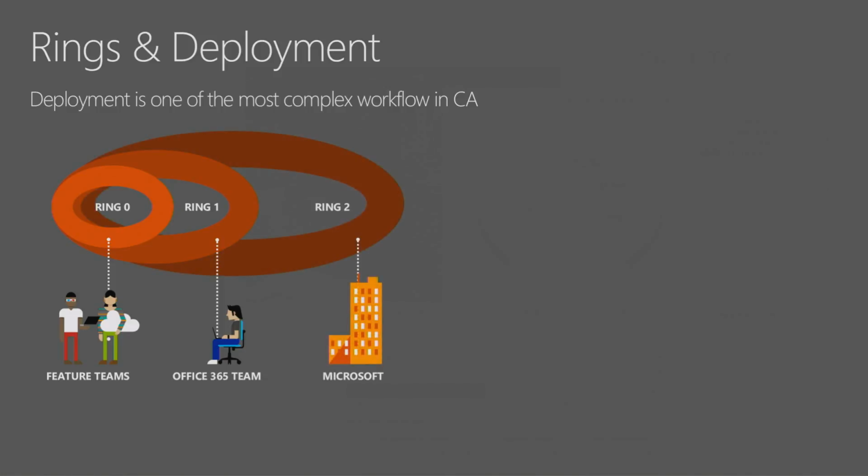Ring 2 represents the entire Microsoft population. We deploy roughly once a week, and we coordinate with our own internal IT operations to ensure that they are aware that we're deploying, and that if they see anything, to let us know as quickly as possible. Essentially, Microsoft is our own last line of defense before we roll out a change to the rest of production. And of course, we're also a little more careful with MSIT, since blowing up Satya's mailbox is probably a fireable offense.